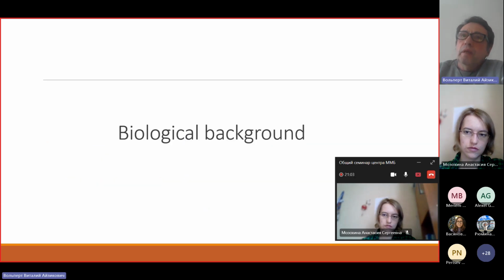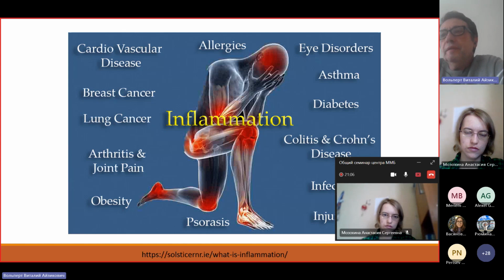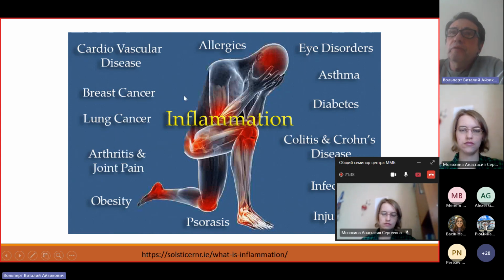So let's start. First of all, I found on the internet this image which seems to me quite interesting. They show this symbolic schematic man and different places in the body where inflammation can develop. And in fact, I suppose that inflammation can concern probably any tissue and any organ in our body. Some of them are shown here, and there are various diseases shown here